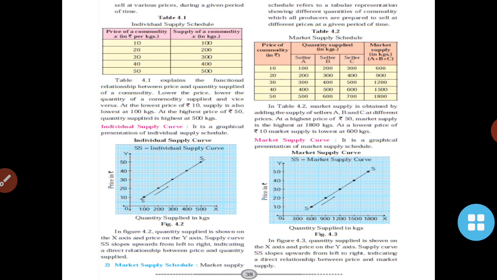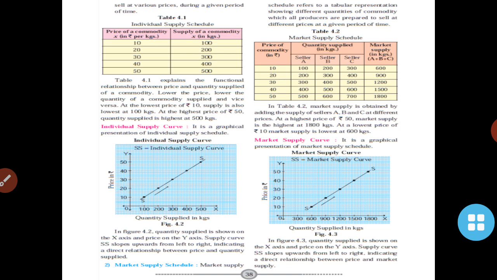Now what is an individual supply curve? It is a graphical presentation of the individual supply schedule. Here the graph is given. In figure 4.2, quantity supplied is shown on the